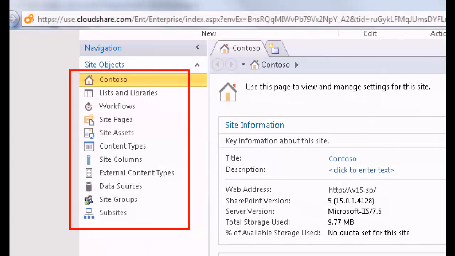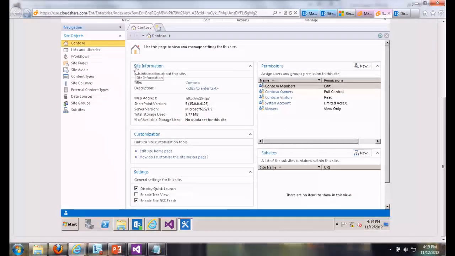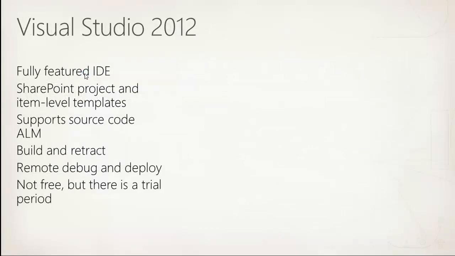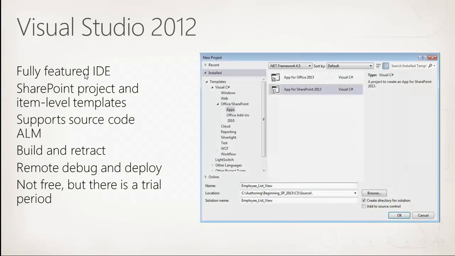Okay? So, jumping back to our slides. It's a free tool. You can migrate some of the artifacts that you do build inside of SharePoint Designer to Visual Studio. So there is some kind of play there. But in general, it's typically not source control. Now, Visual Studio, probably, how many of you use Visual Studio on a regular basis? With authority. I saw some hands go up. Get to it now. So Visual Studio 2010 and the last release of Visual Studio, kind of all these numbers in my head mixed up, but Visual Studio had SharePoint templates. Now we've got some new SharePoint templates built into Visual Studio 2012. And there's some new features, such as remote debugging, right?